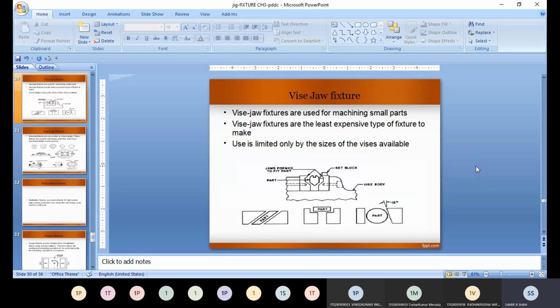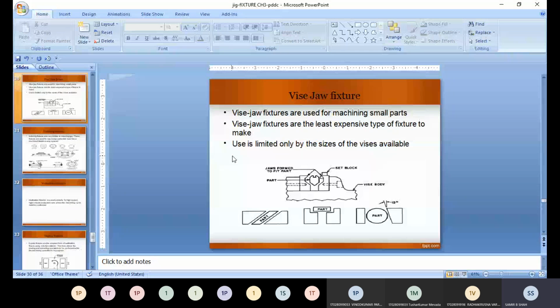Vise jaw fixture, as we know from the name also: vise jaw fixtures are used for machining small parts. We know very well that vises are mostly used for fixing small parts and materials. Vise jaw fixtures are the least expensive type of fixture to make.